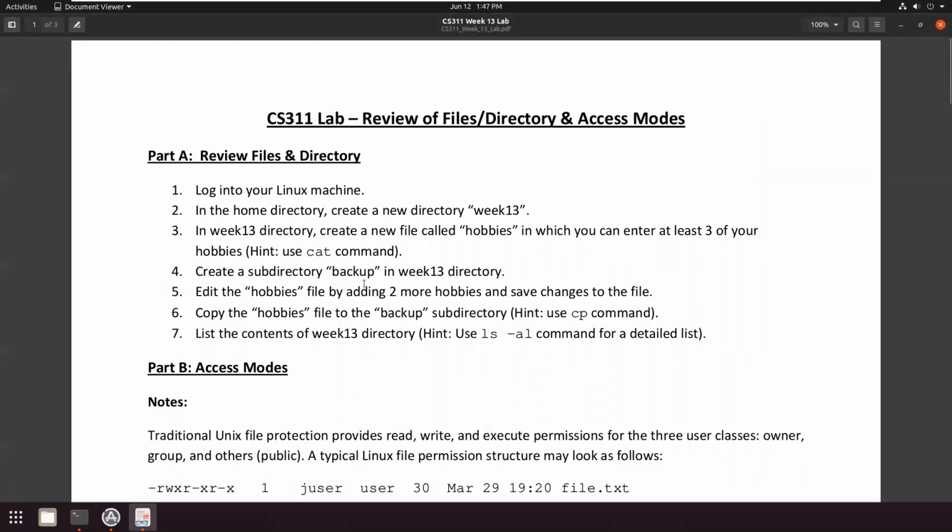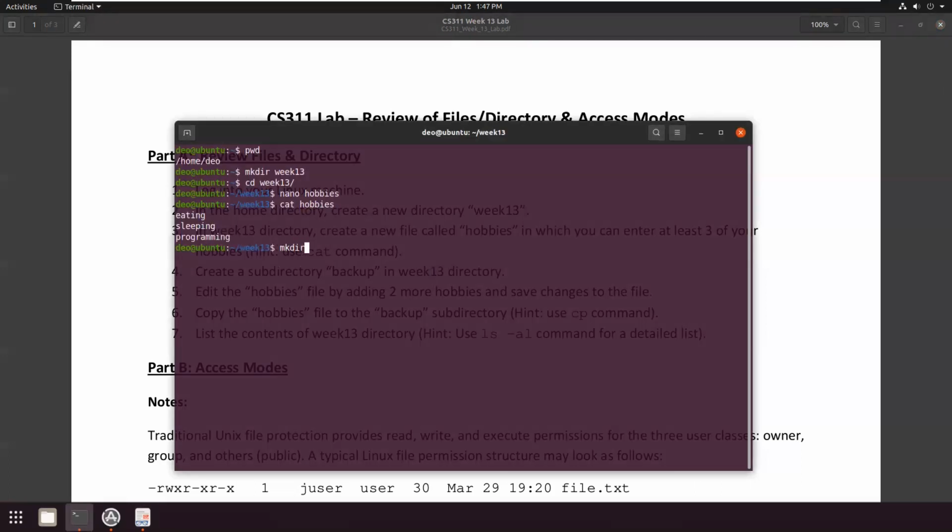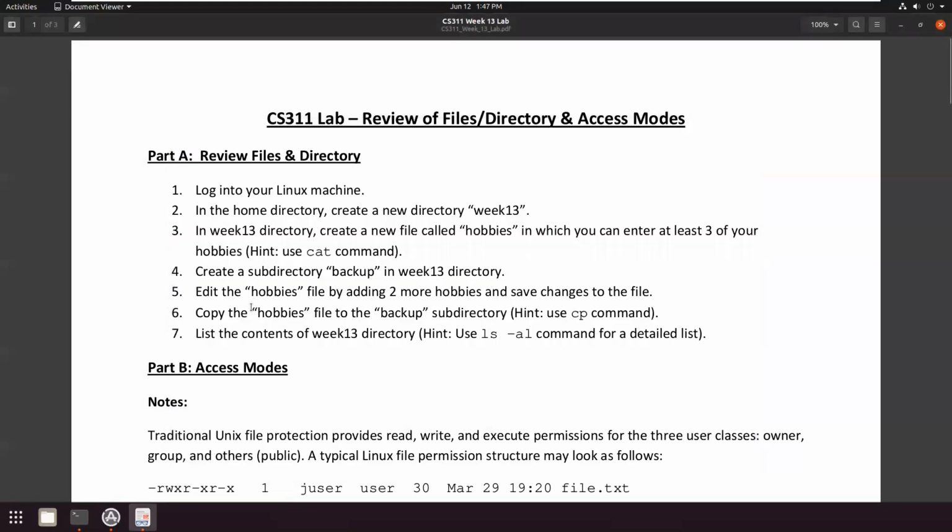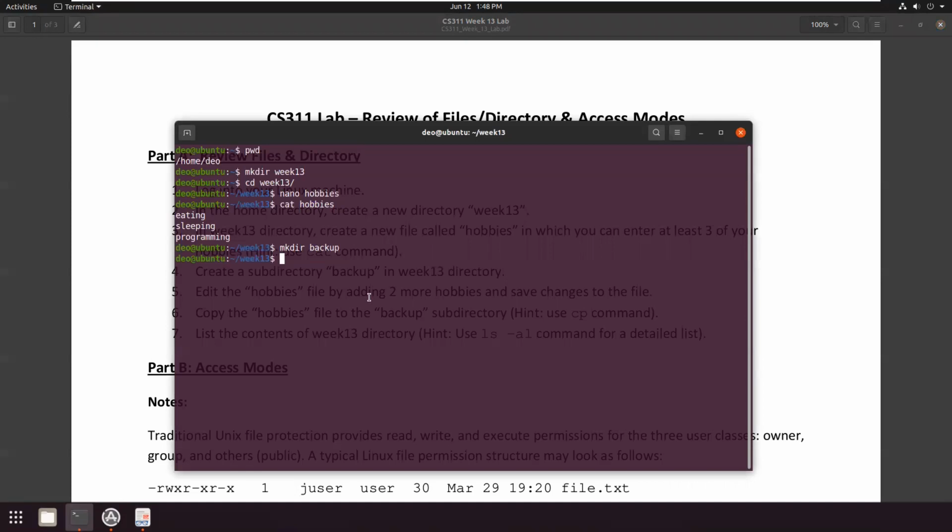Then create a subdirectory called backup in the week13 directory. So create another directory called backup, and then edit the hobbies file by adding 2 more hobbies and save changes to this file. So to edit we can again use nano followed by the file name, which is hobbies.